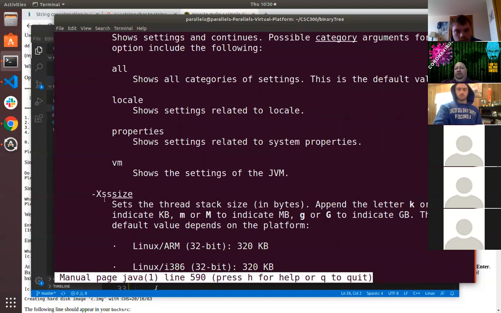Yeah, here it is, stack size. -Xss size sets the stack size. Actually, this is specifically for threads. There's probably another one, but